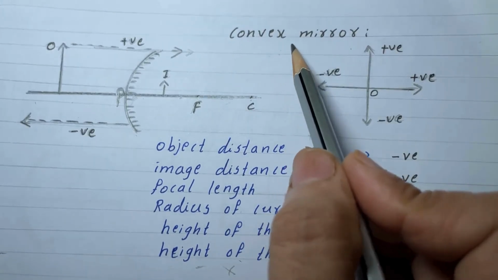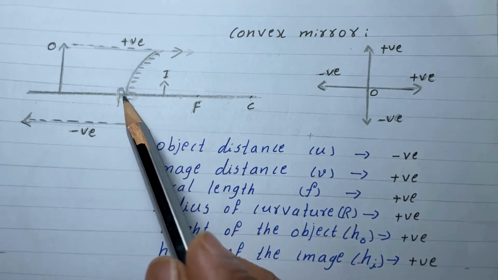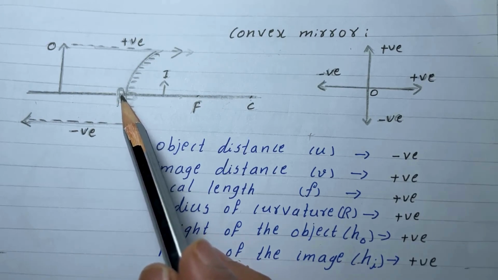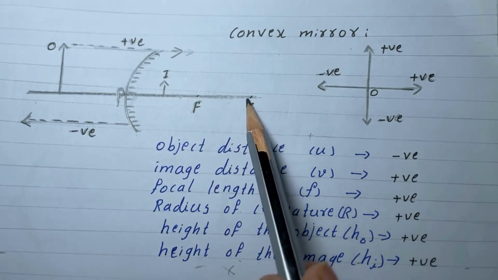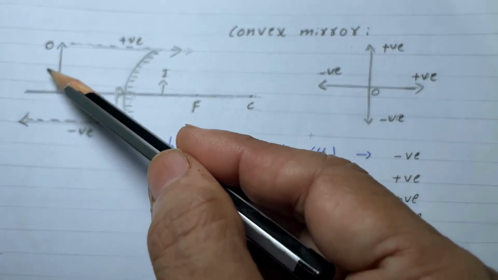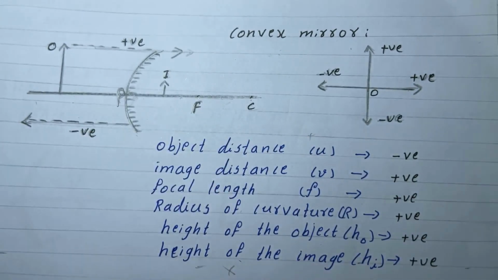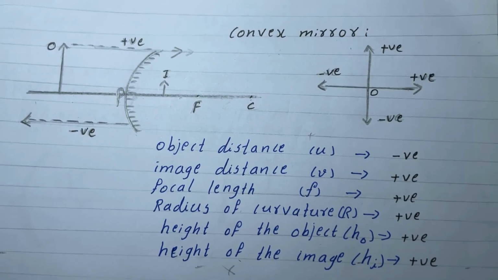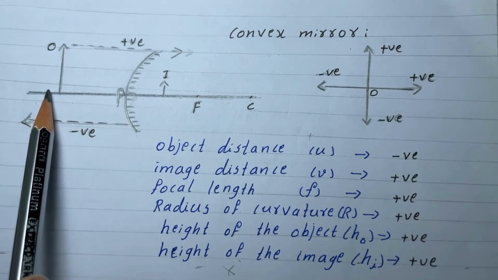Sign convention for convex mirror. This is one convex mirror. This is the pole of the mirror which we had to take as the origin of the system. So, right hand side of the pole is positive, left hand side of the pole is negative, above the principal axis is positive and below the principal axis is negative. So, we had to keep the object at left hand side of the pole,